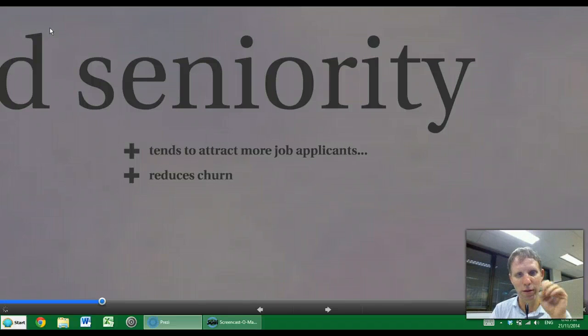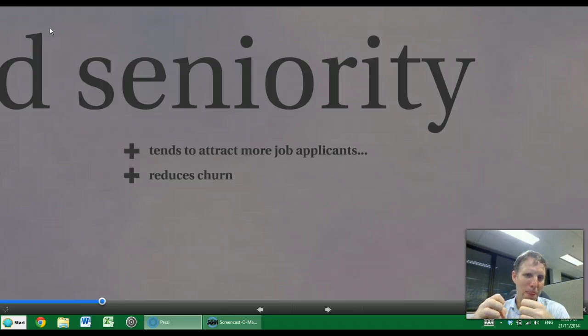Now, the trouble with using seniority as a form of reward, or using seniority in terms of promotion, and seniority means people who hang around the company long get promoted. It does have the impact of attracting more job applicants to a particular position, and it also tends to reduce turnover, but not for very good reasons. So, for example, if you're in a company that has seniority in place, which means that you stay another year and you go up another increment in terms of promotions,